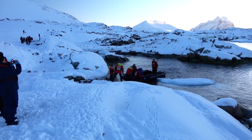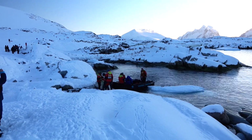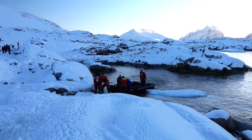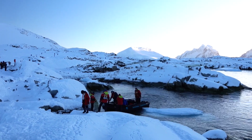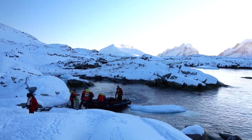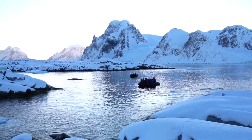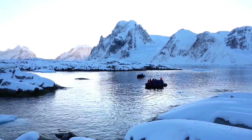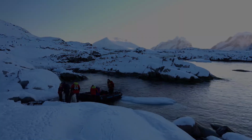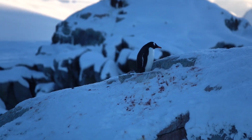Trying to operate cameras with all these gloves and layers of clothing and everything on. Anyway, this is Petermann Island. This is sort of the unloading operation going on here. People have wandered up there. These penguins here are Gentoo penguins. I'll show you more closely later. There's a boat there waiting to unload. They'll come in after this boat's unloaded and backed out. And penguin up there on the